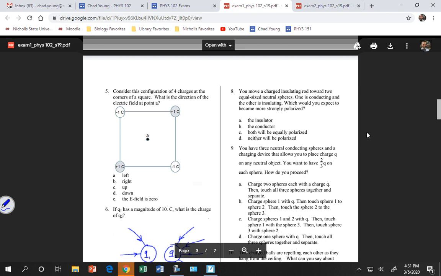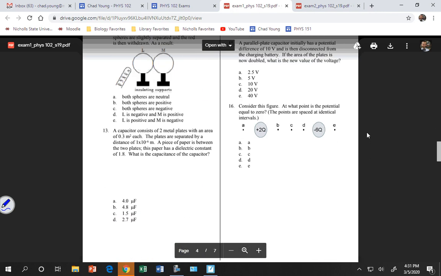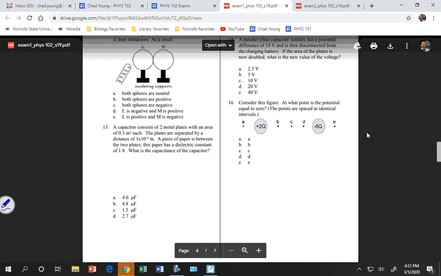You'll probably have a question where I ask you, where is the potential 0? Is there one of those? Yeah, here's one, like number 16. Almost certainly have one of these. You want to find a point where you're getting far away from the big charge and staying close to the smaller charge. So here,